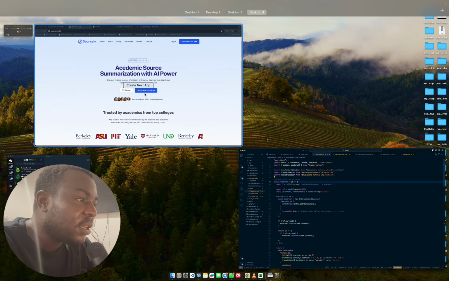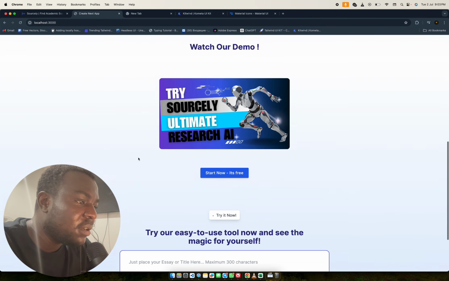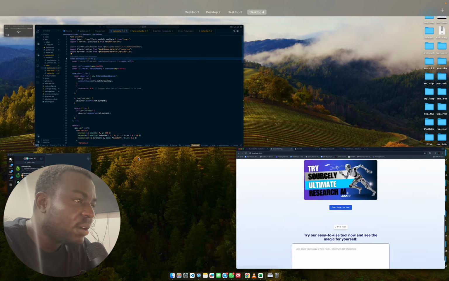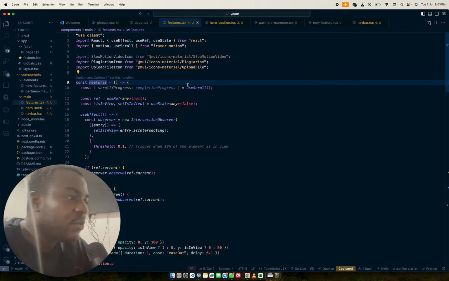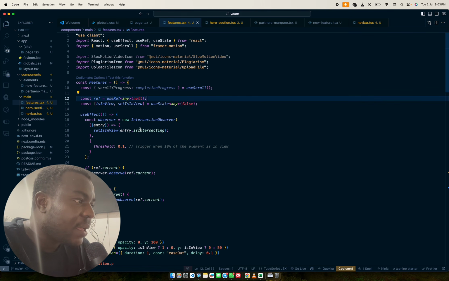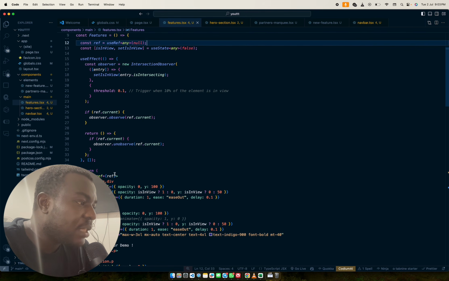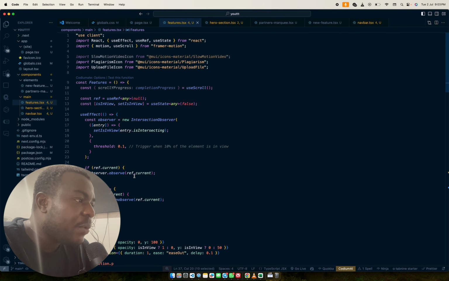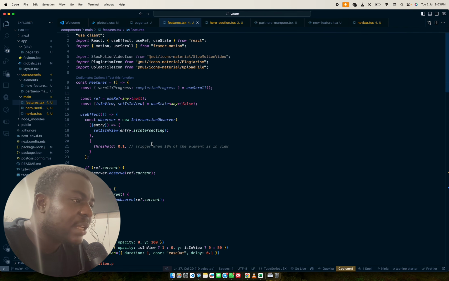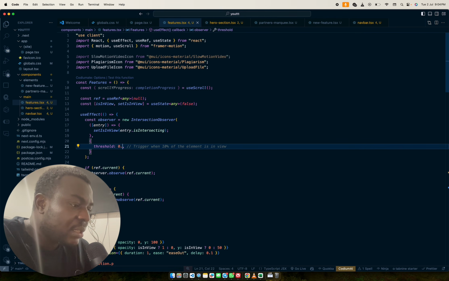In our features here, I think we should have that. Okay, so this section, how do we animate this section? All right, let's go. So over here, we're using a useRef, and we're putting that ref here. Why are we doing this with a useRef, and why are we doing this code here? We're trying to make sure that it triggers when the element is in view. So you can see here we have a threshold saying trigger when 10% of the element is in view. If we delete this and say 5,